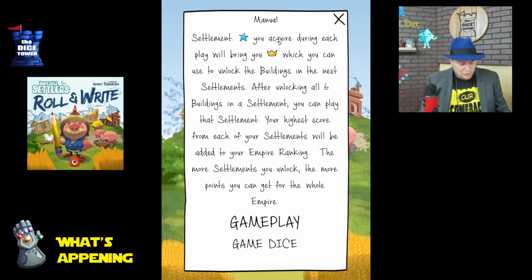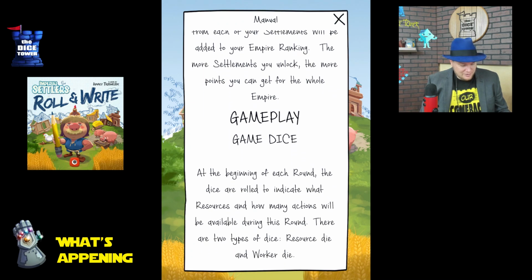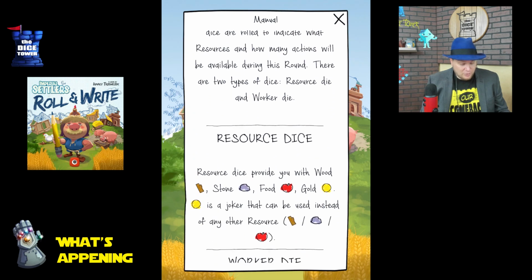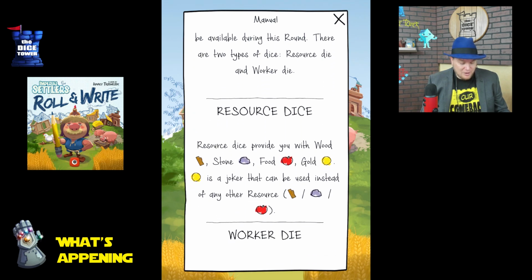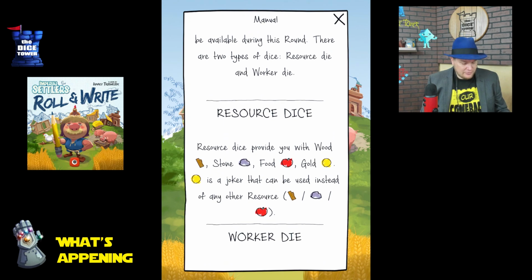Stars you acquire will bring you crowns, which you can use to unlock buildings in the next months. After unlocking all 6 buildings, you can play that settlement. At the beginning of each round, the dice are rolled to see what resources you get and how many actions will be available over the round. Great. So people are actions. Fine. Why would you roll for actions, though? It seems like that would not be fun. Like, what's to mitigate me getting...